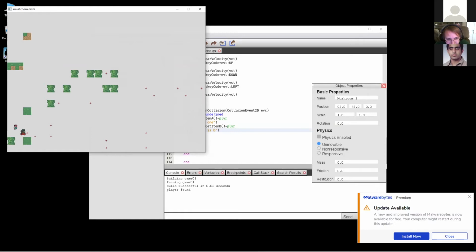Your character is moving very slowly. Because I've only told it 10 directions. So right now, looking at your scene, I don't know if you changed any of the default physics properties on these things. I see that you've just walked over a mushroom, but it doesn't appear to be physics enabled, so you just kind of pass through it. If you move straight up, and it'll take a little while because it's a little far away, but if you just press your up arrow, oh,